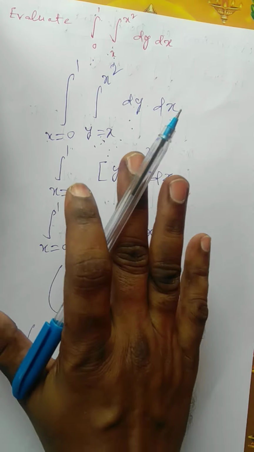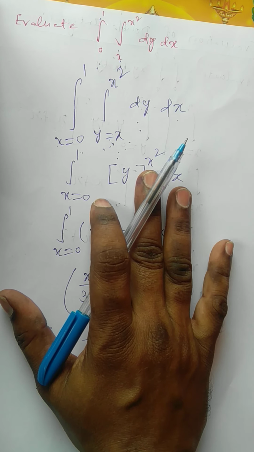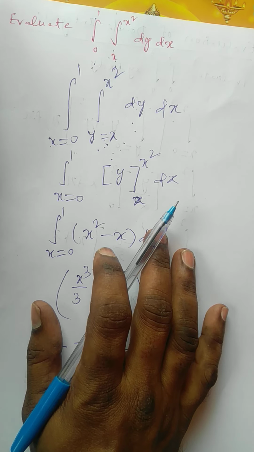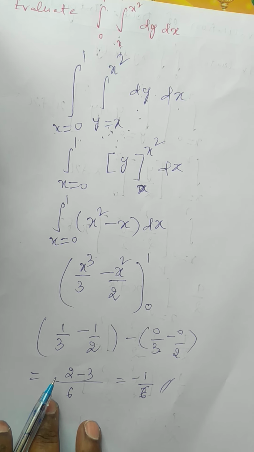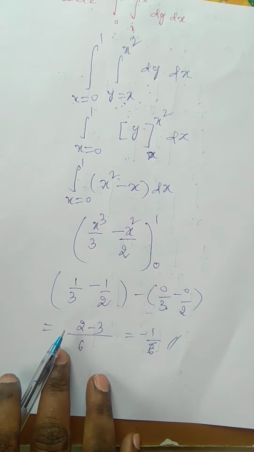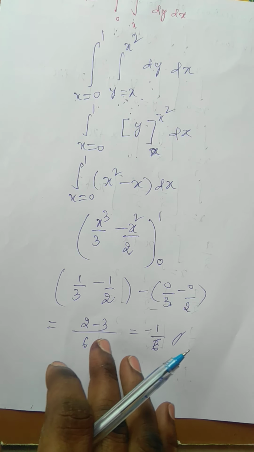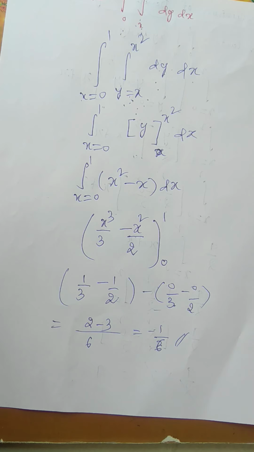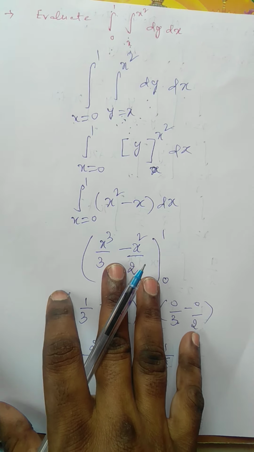Till now we discussed constant Cartesian coordinates. Sometimes the problem will be given in terms of polar coordinates, that is r comma theta. Those types of problems we will see how we can solve. Now let me take one problem in polar coordinates, that is in terms of r comma theta. Understood, right?